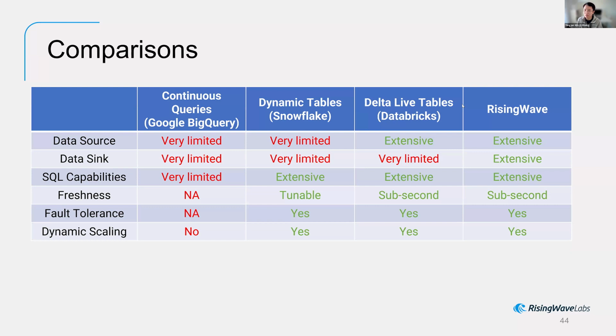How does Flink stack up in this comparison? For Flink, they do support different data sources, that's for sure. And data sinks, yes, they also support data sinks. But data sinks totally depend on vendors, or the open source version, you have to check. I cannot speak for any of these vendors, but you have to check.